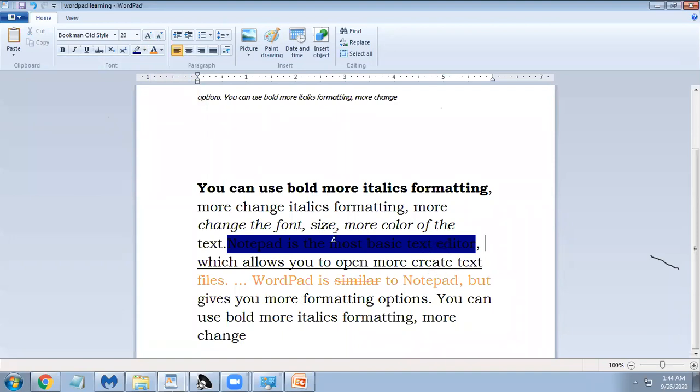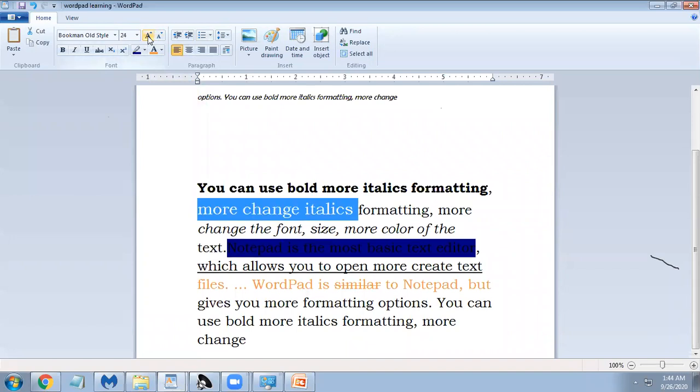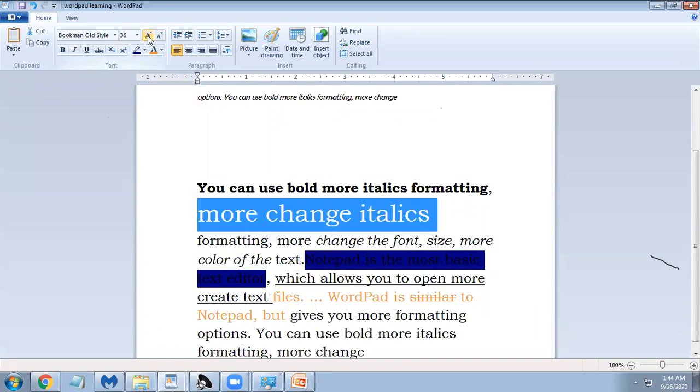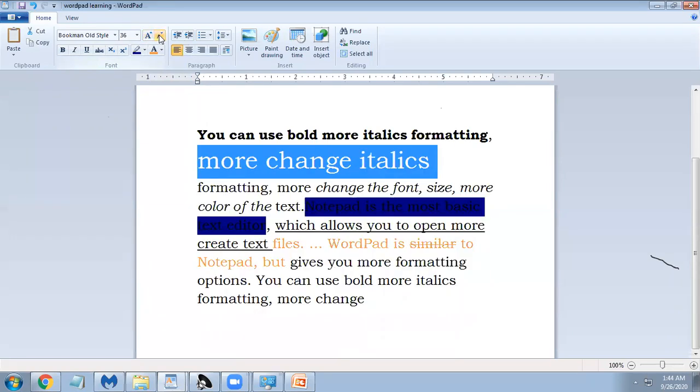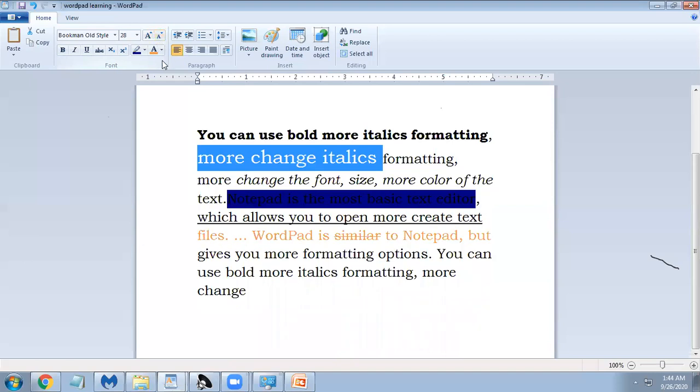Here the color is changed. Here it is getting larger if you just click on, and if you do smaller, the other A is there, you just do like this. Okay.